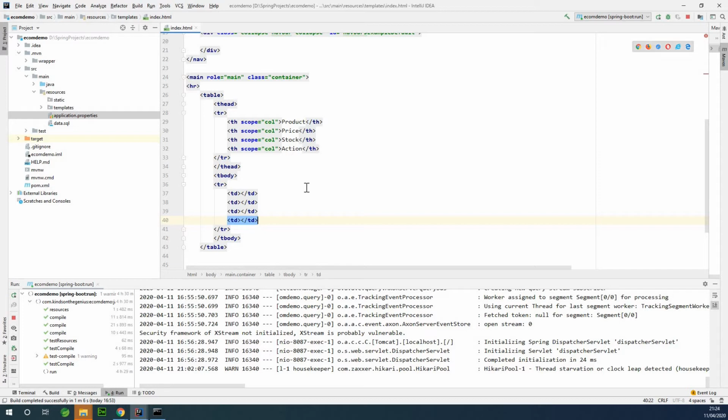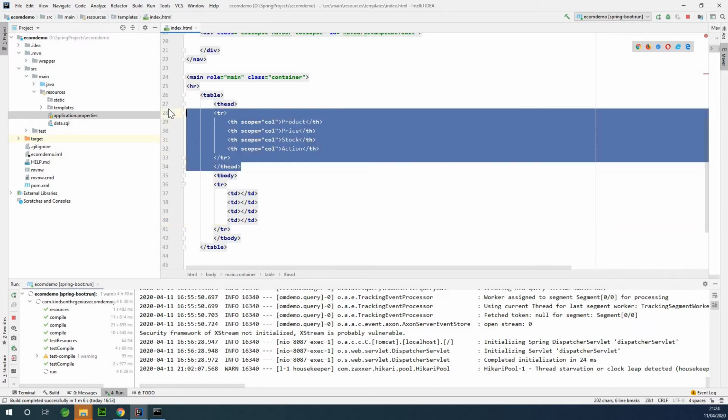Okay, now I've set up the table. So this is the table at this point. So basically this is the head, and this is the body. So we want the product to display in this table. So what we are going to use